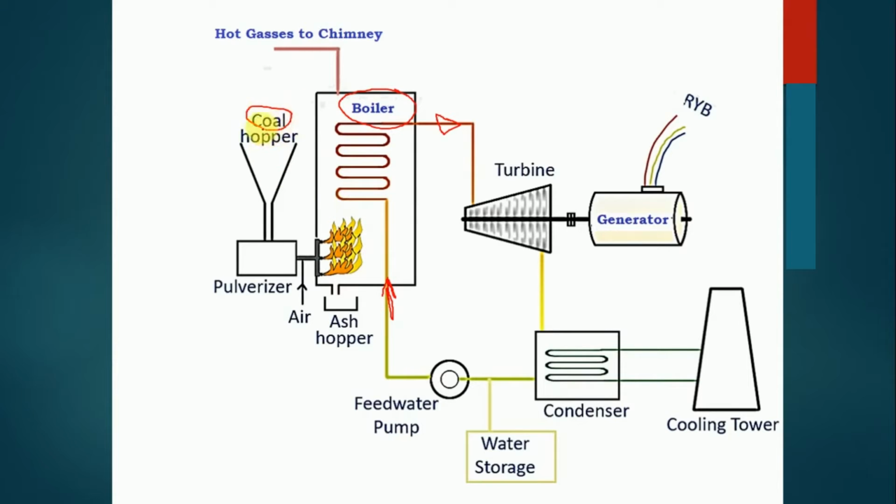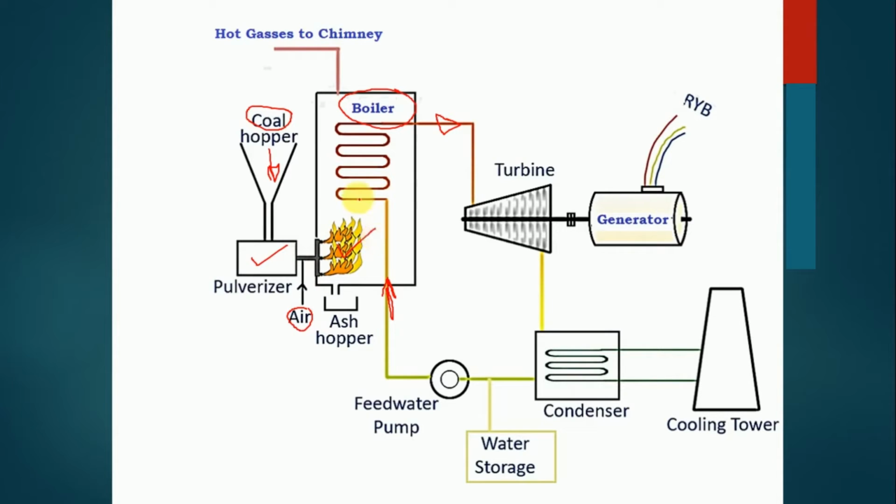Here the device is called the coal hopper, through which we are going to supply the coal. That coal will go downside into the pulverizer. What happens in a pulverizer? In the pulverizer there will be a conversion of solid coal into the powder form of the coal. So here the powder will be generated and that powder will be supplied further to the burner. For burning of the coal, what we require is air or oxygen. So that air will be supplied through this one and that coal will be burned and will generate high